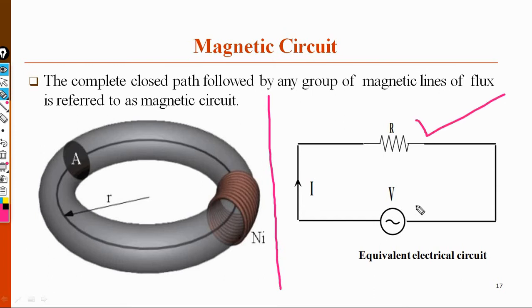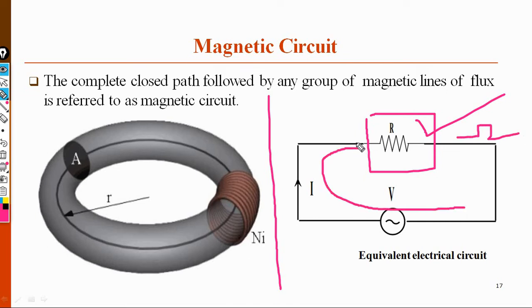electric circuit. Okay, now this is the voltage source, that is an AC voltage source, connected to the resistance. The unit of resistance is ohm. Now current is flowing through this path, that means this is a closed path for current. Now the AC voltage is applied to this load, the resistor acts as a load. That is called a resistive load.